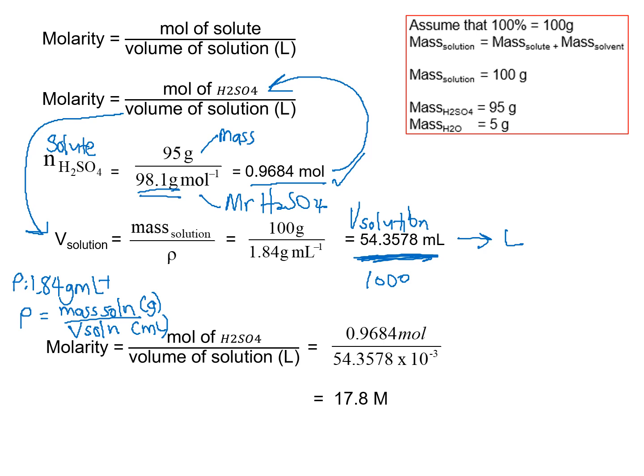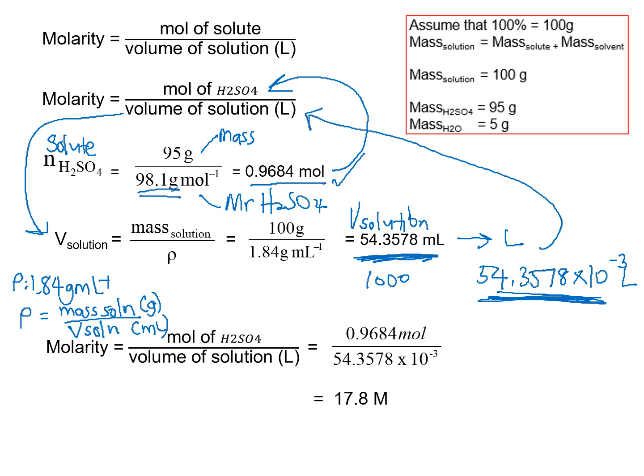And what you will get is, you will get 54.3578 times 10 to the power of negative 3 liter, okay? So kita dah jumpa dah another item untuk dimasukkan ke dalam equation molarity. Alright, next ialah the last one, barulah kita boleh cari molarity of H2SO4 by plugging in information yang kamu dah